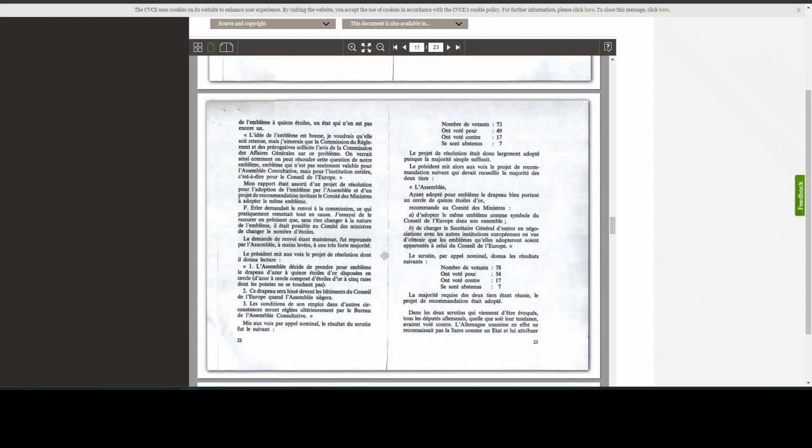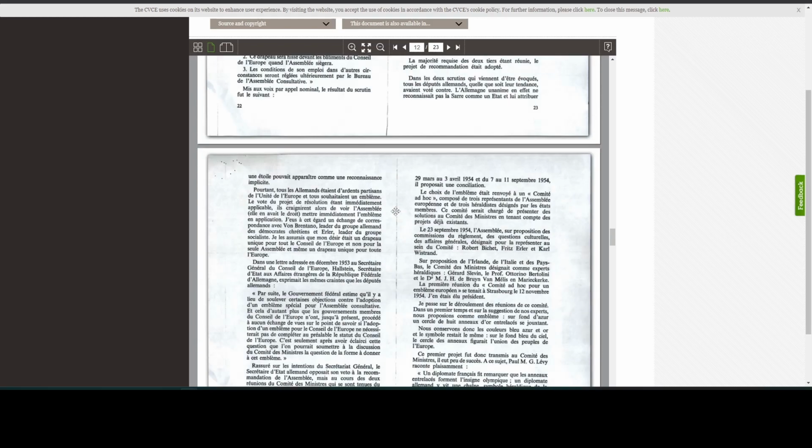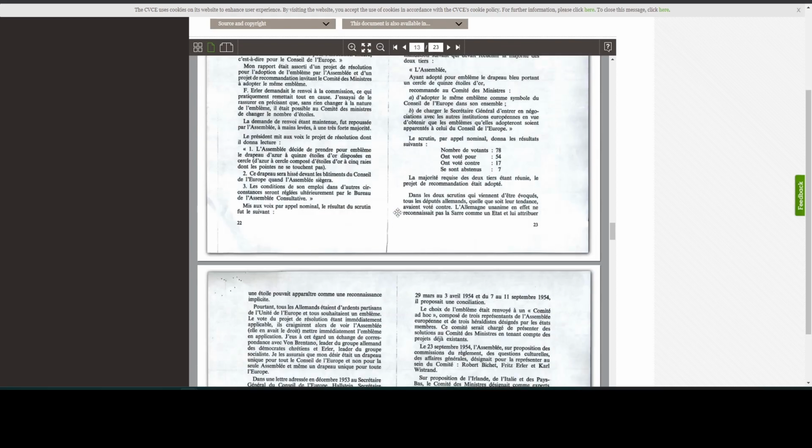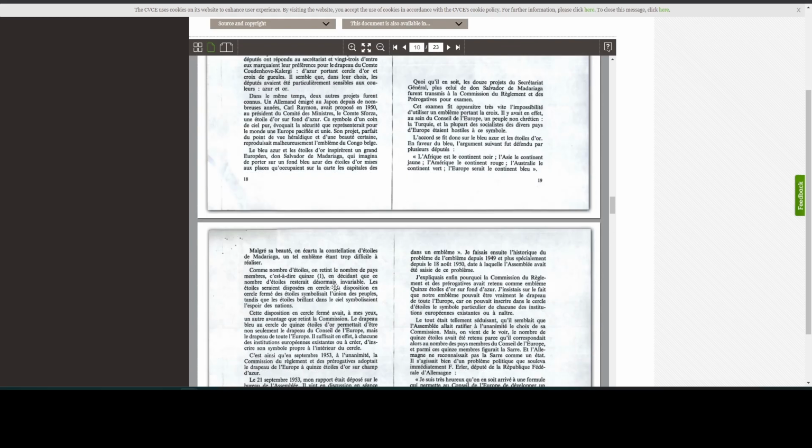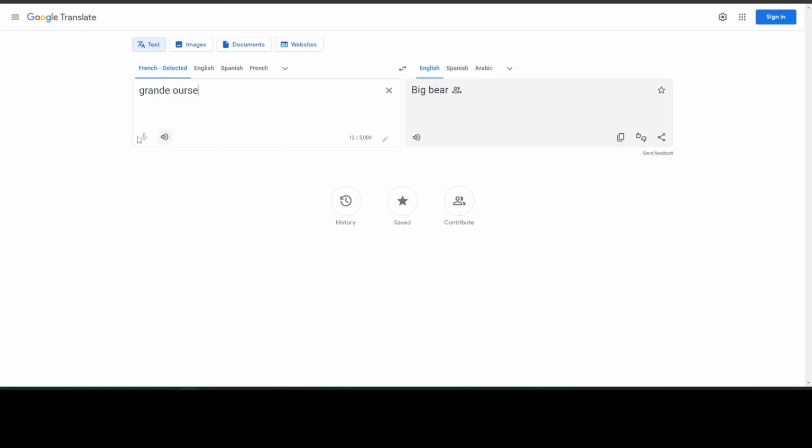The French OSINT analyst went through this, and somewhere about right here found the mention of this: grand ours.